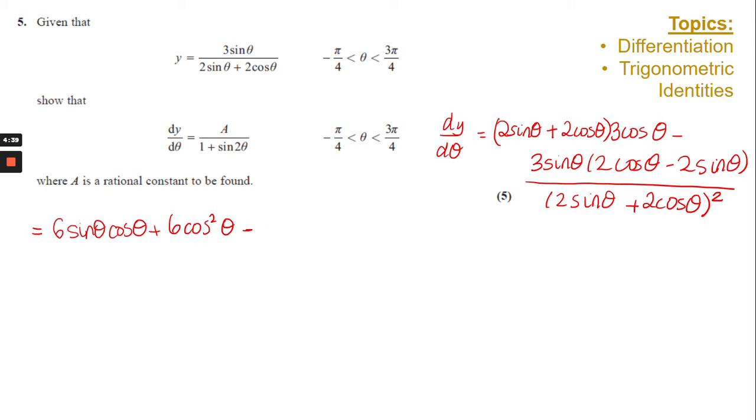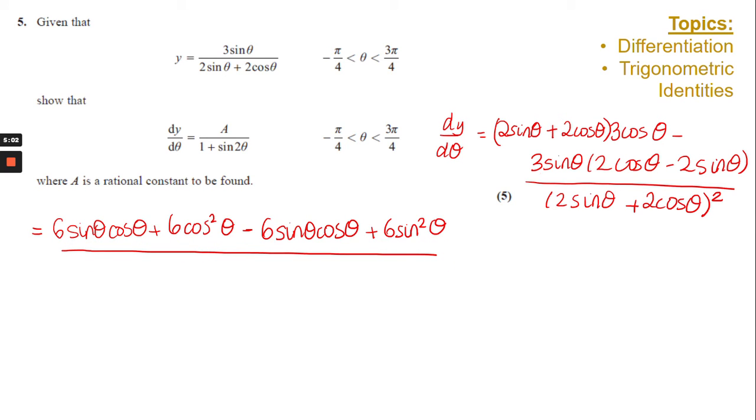Then minus 3 times 2 cos theta gives me minus 6 sine theta cos theta, and then minus 3 times minus 2 gives me positive 6 sine squared theta, and that is all over